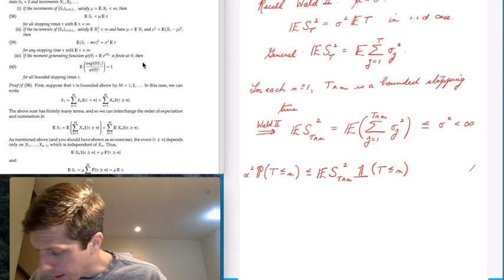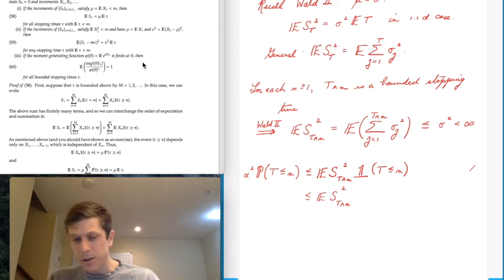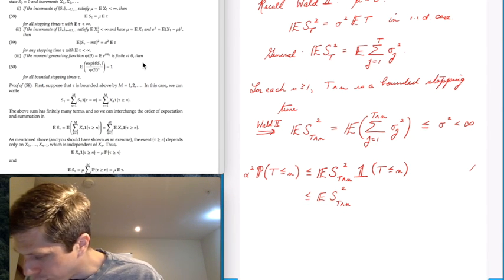And on the other hand, this expression is bounded above by just the expectation of S squared at the stopping time, because this indicator only makes the value smaller, so these random variables are less than or equal to this one. But we know that this is just a variance. We've already shown that this is bounded